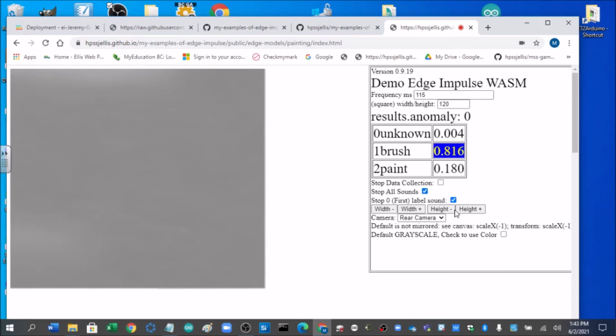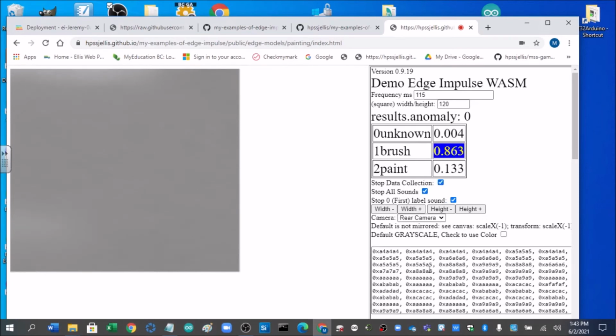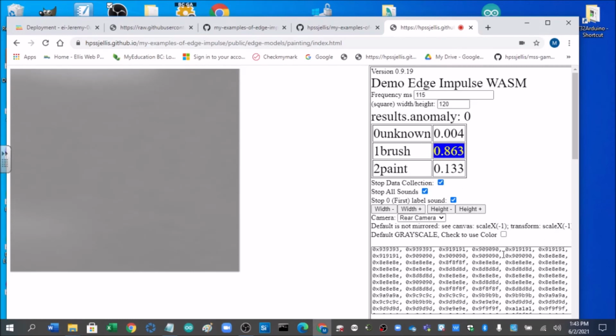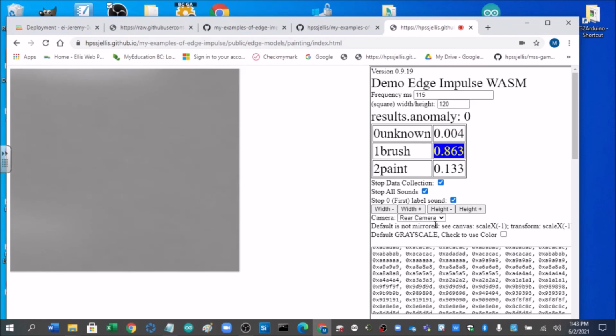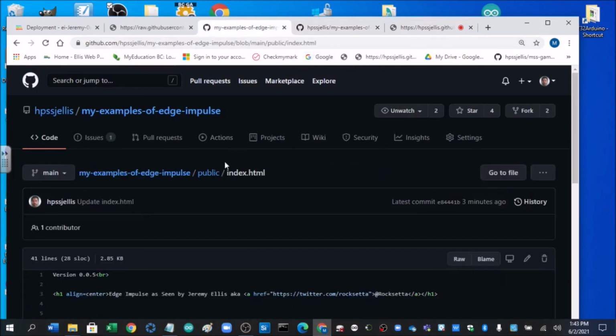By the way, some other things that can go on here, you can change the width and height of your image. You can stop the analysis and have a look at the data, and you could actually change that data, but it's such a big spreadsheet of pixels. It's the pixels of the image. It reminds you that it's mirrored. So once again, this is just for showing you what your microcontroller is going to see. If you actually wanted to go into that